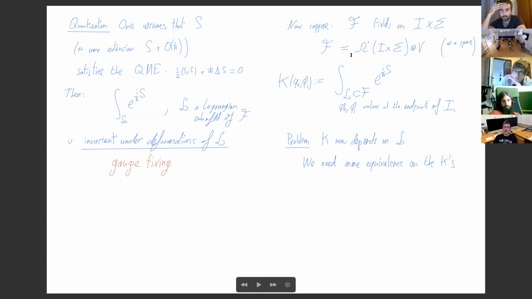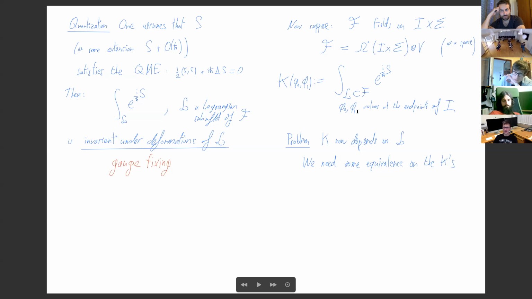And moreover, I want to think of this as actually passing into differential forms of sigma tensor V, or actually differential forms on the interval, taking values in differential forms of sigma tensor V. Okay, so anyway, we have this expression. Now the idea is that you integrate the exponential of the action over some Lagrangian submanifold of the space of